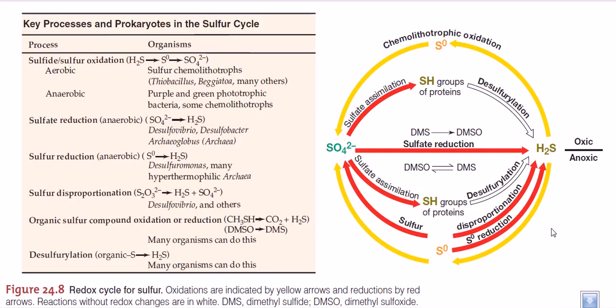Okay friends, now we are going to talk about the sulfur cycle and the role of microorganisms in contributing to this sulfur cycle. Now again, the schematic diagram, as we can see in this picture, let me first illustrate that this yellow colored line suggests the oxidation steps, and the red colored line suggests the reduction steps, because we are focusing on the oxidation and reduction steps that are being carried out throughout this